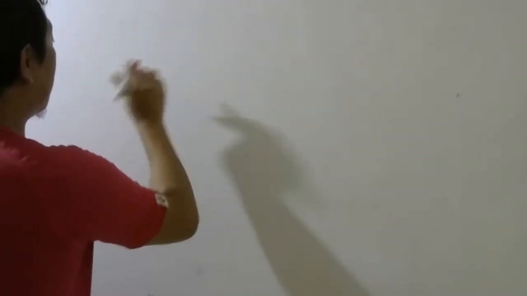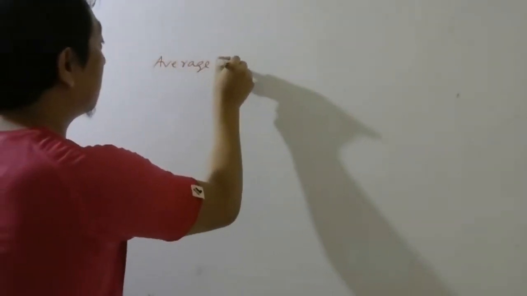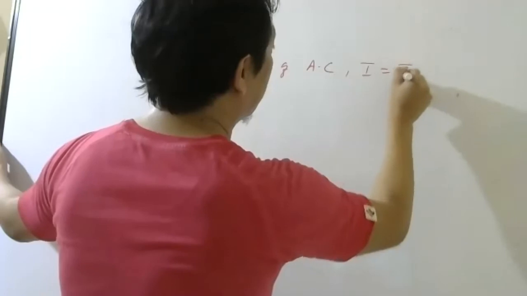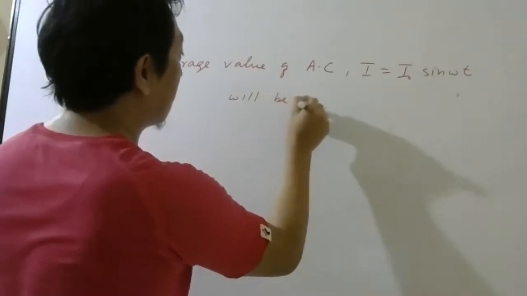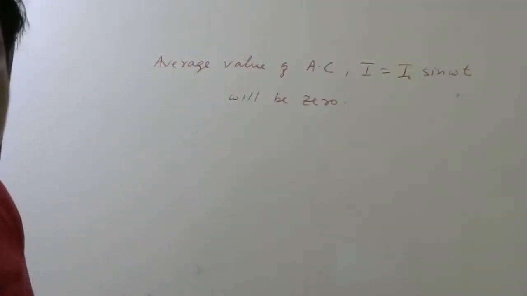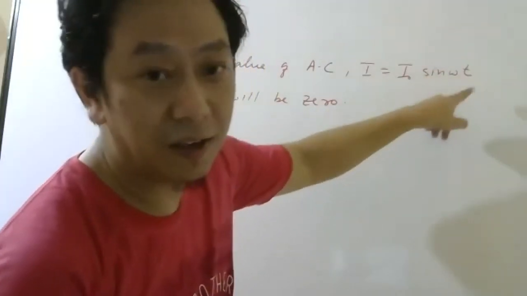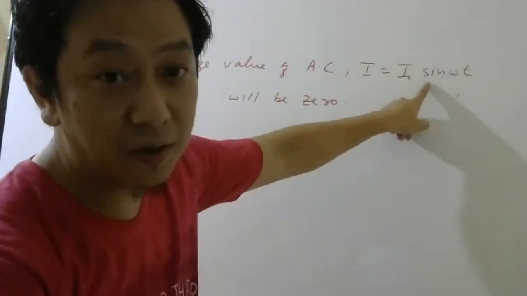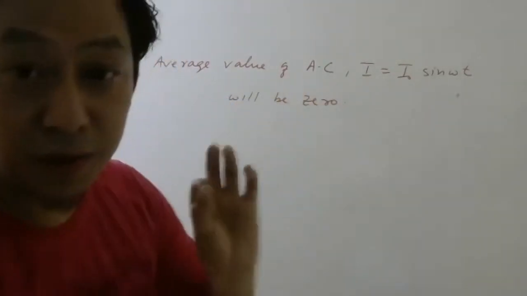So what technique do we have to use? For that, first we have to understand the average value of AC given by this kind of function. It will be 0. Why will it be 0? Just now we have seen the average of this is 0. The average of a sine function is 0. I don't care what you write here, box, circle, theta, whatever you write. The average of sine is 0. So the average of this current will be 0. So the average value of AC will be 0. We know that.